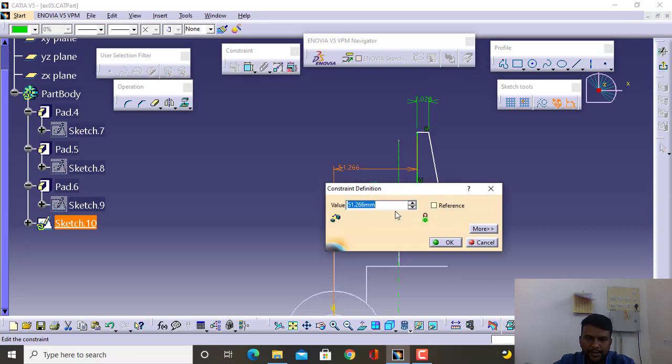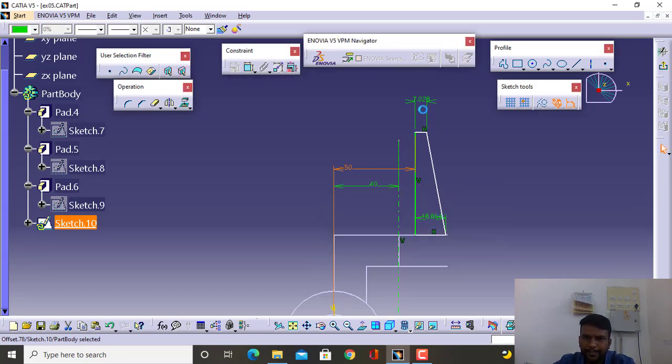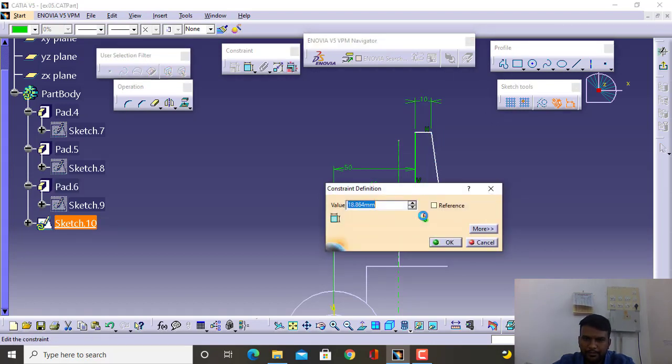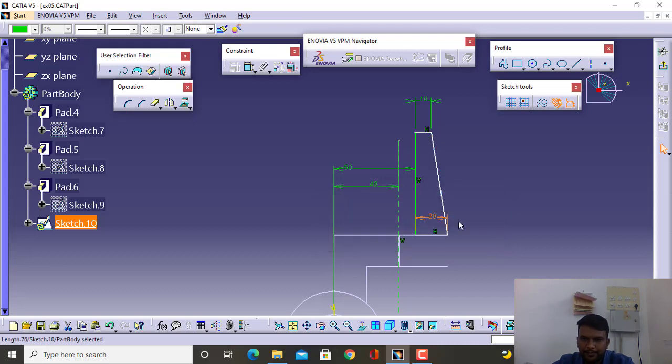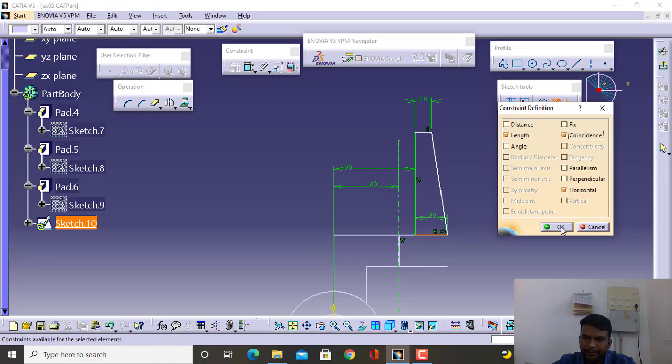So this one is 't', this one is 10, this is 20, and just select this particular line and make them coincident.